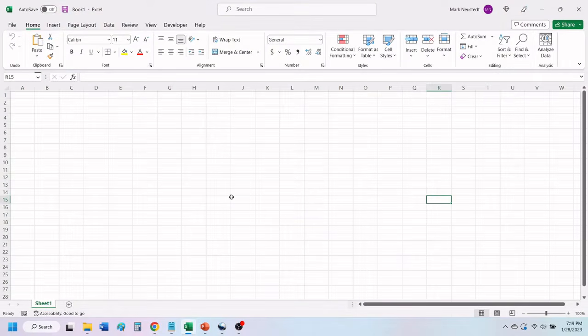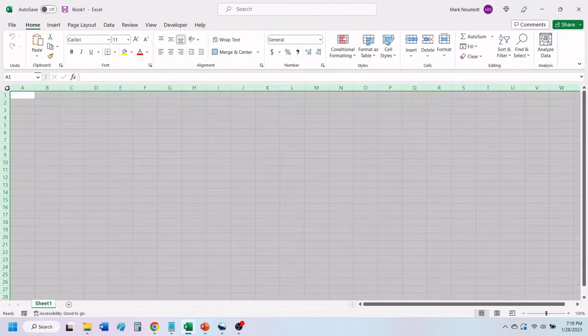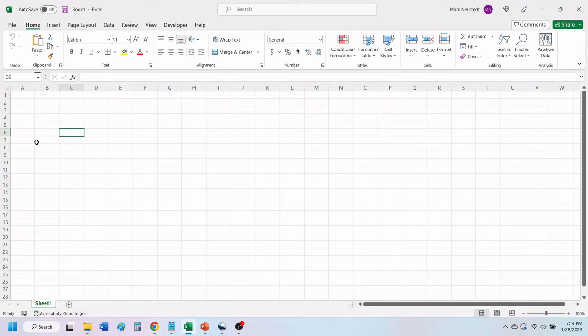The first thing you need to do is decide if you want to add alternating colors to the entire worksheet, or just select rows. If you want to add alternating colors to the entire worksheet, click in the top left corner of the worksheet. If you only want to add alternating colors to select rows, then highlight those rows.